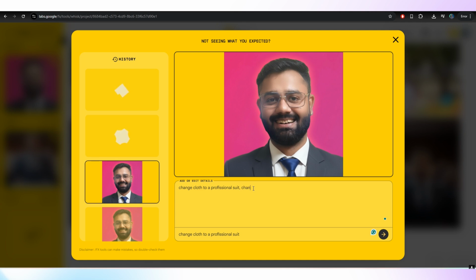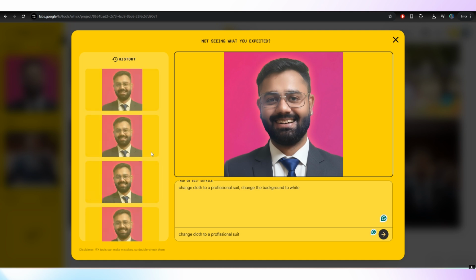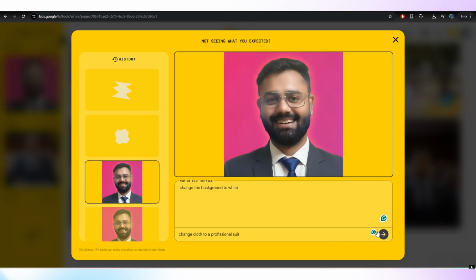Let's change the background to white. Let's run it. You can see all the history appear here. I think it's not working here. Now click here, change the background to white.